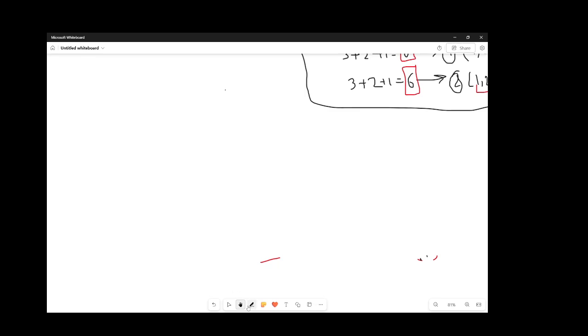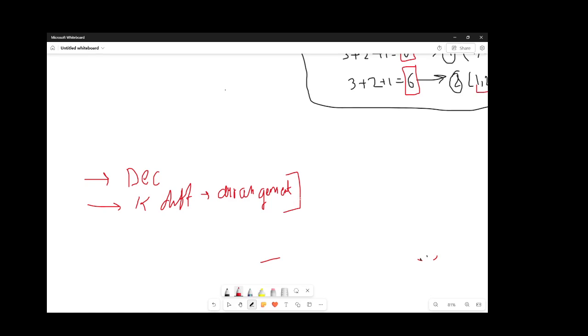First, in decreasing order, we'll sort the array and then pick k different arrangements. Sorry for the handwriting. I don't have a pen tab, that's why the writing is very poor, but I'm still able to explain the idea. That was there in the problem. So for picking k different arrangements,